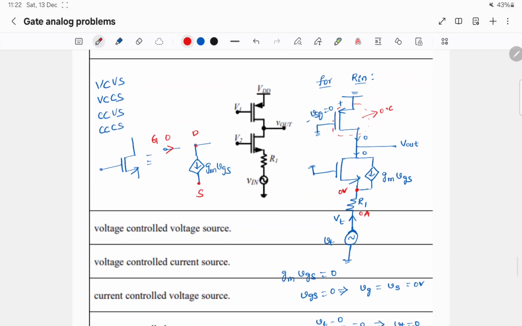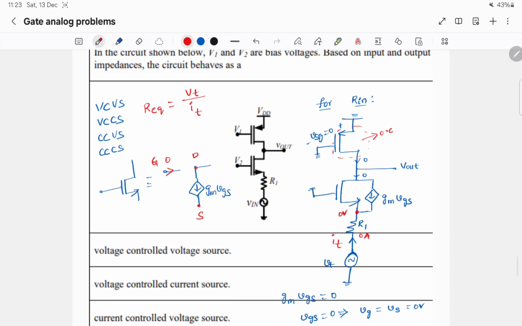To determine Rn, we have to apply a voltage. To determine the equivalent resistance at any load, R equivalent is V test by I test. We have to apply a test voltage and find out the test current. The ratio of them is R equivalent. To find out Rn, I will apply a test voltage Vt and I will find out the current It in terms of Vt. So while doing this,